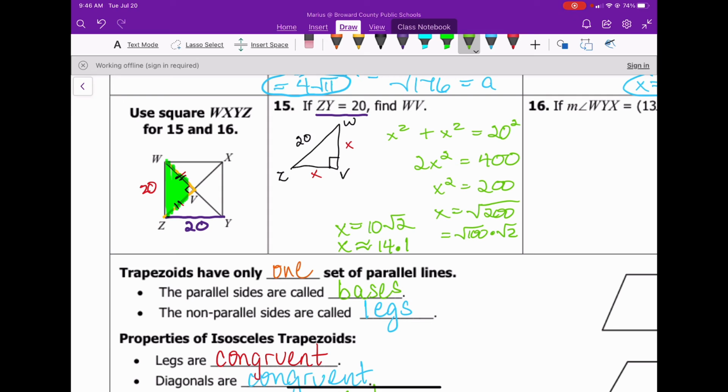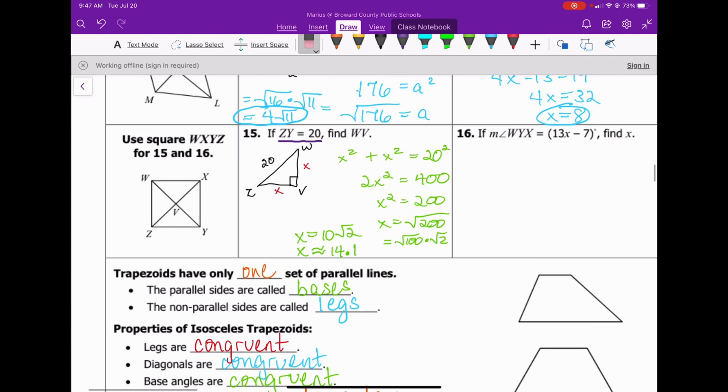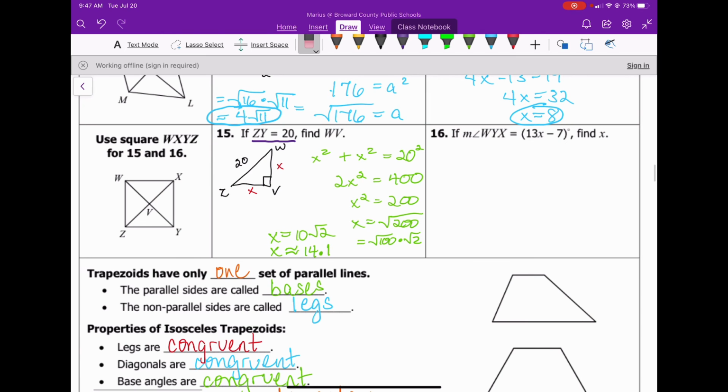So that's another method that you could use, and you still get the same answer. Whether you use the Pythagorean theorem or the 45-45-90 formulas, you'll still end up with the same answer here. So let's go ahead and move on to number 16, and that will conclude this video. Now, number 16,